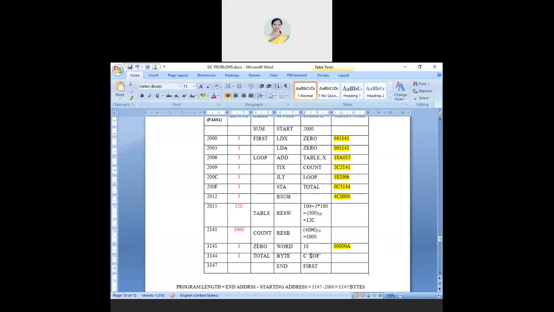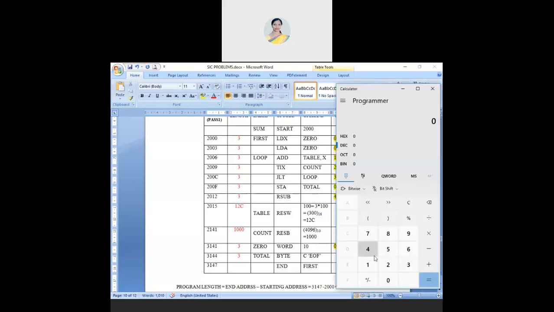E is 65 plus 4, after A it's the 4th letter. So E is 69 in decimal, which is 45 in hexadecimal. So you have to write this as 45.